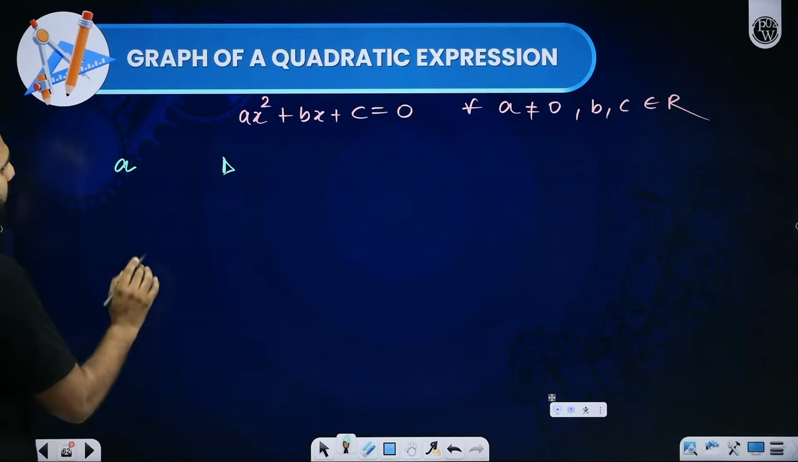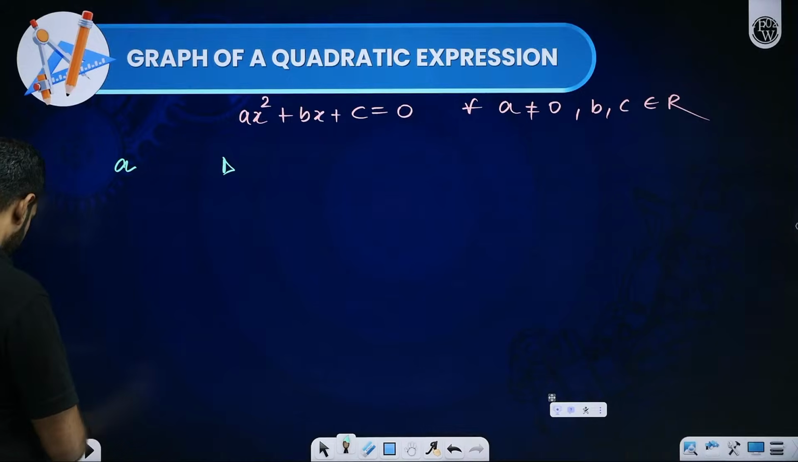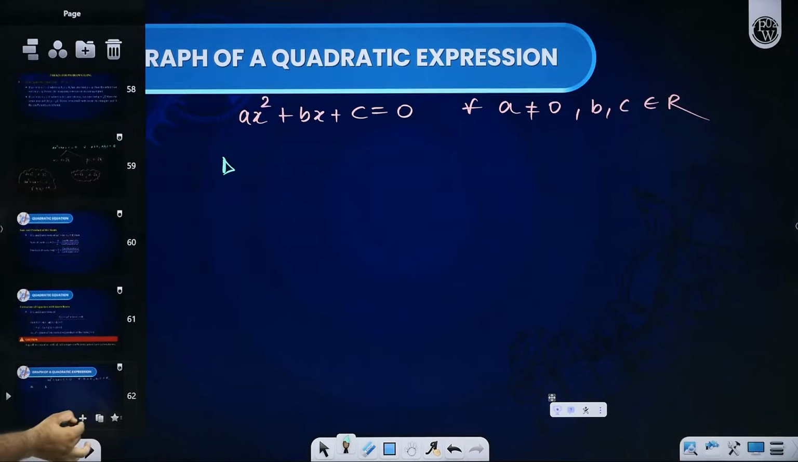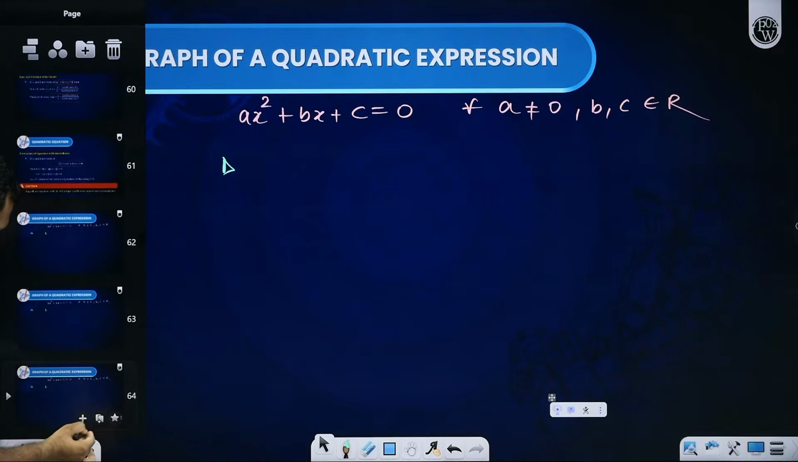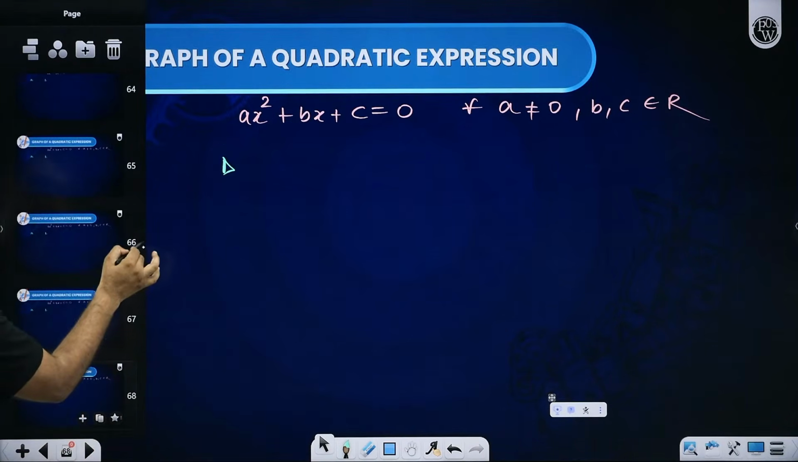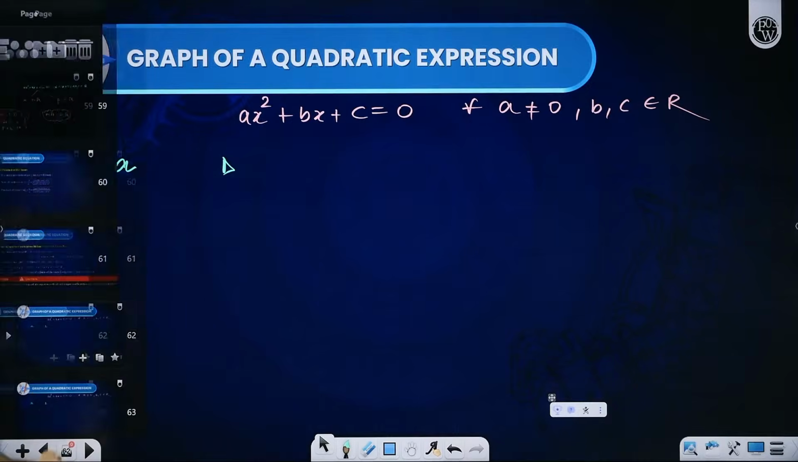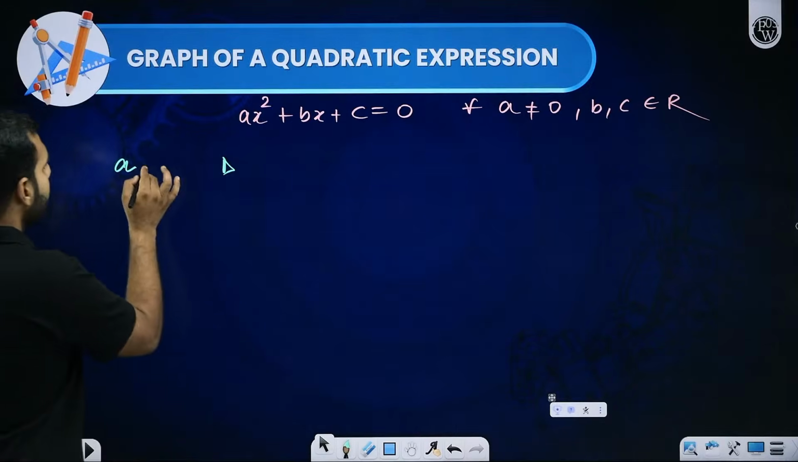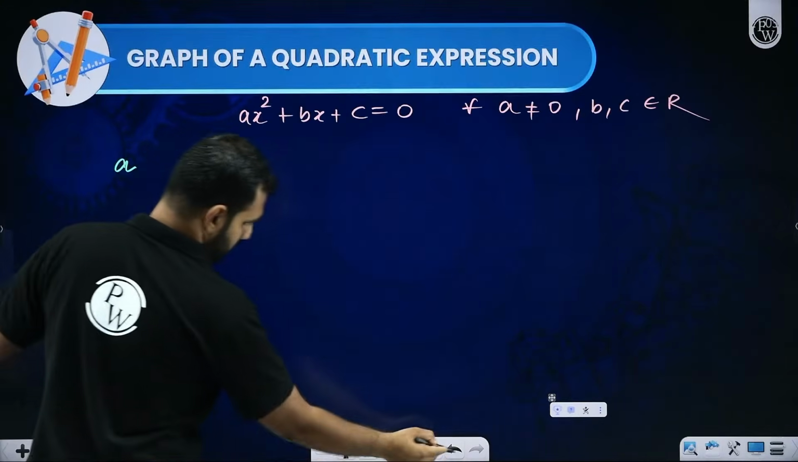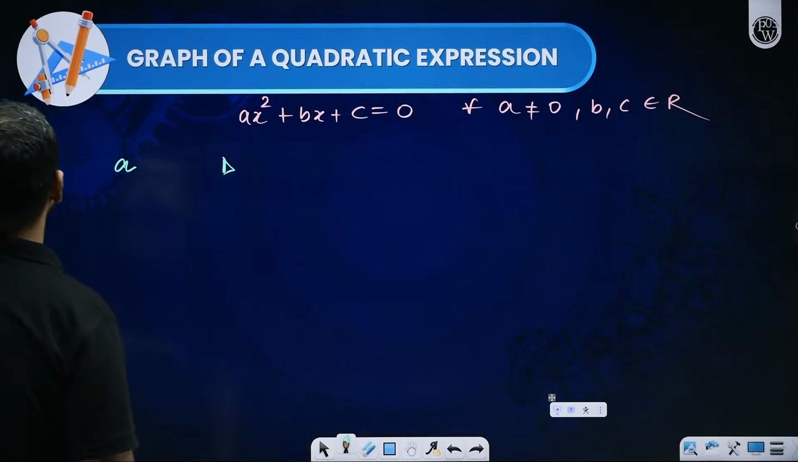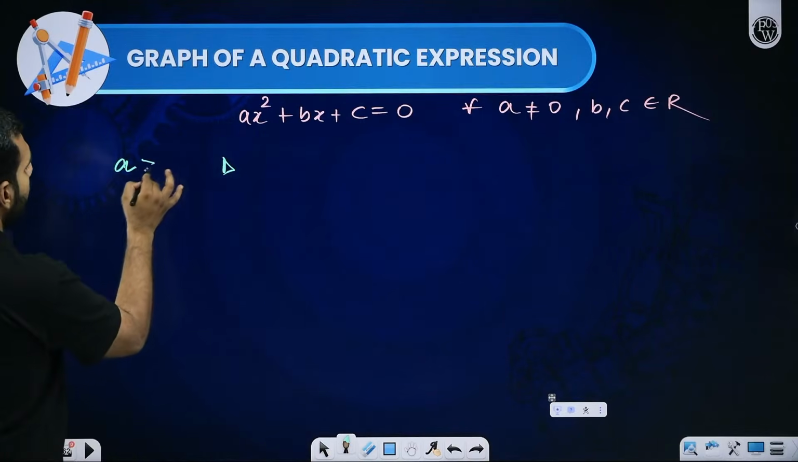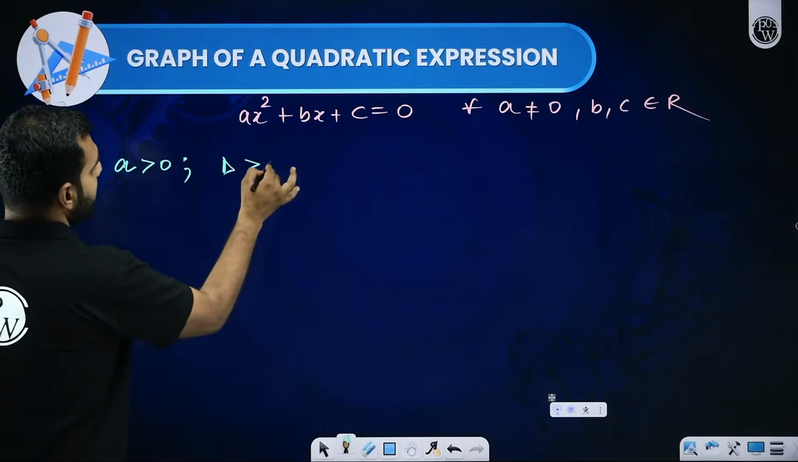Pay attention, everyone. I'll begin with this first case. If value of a is positive and discriminant is positive,